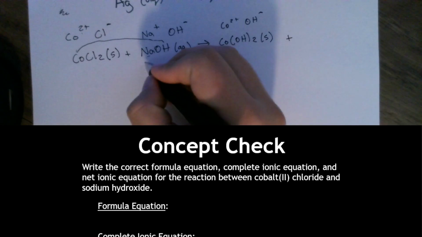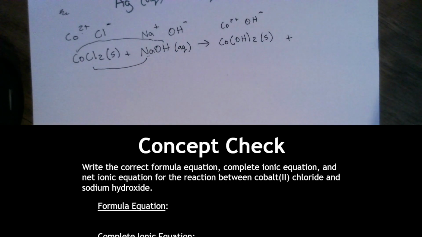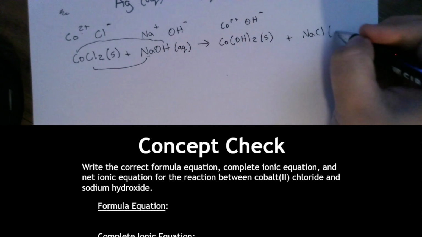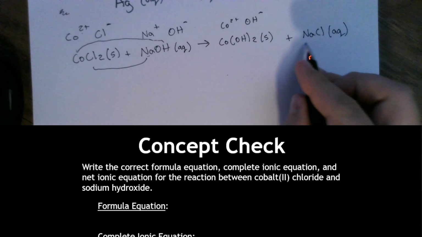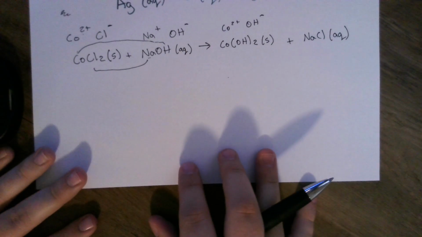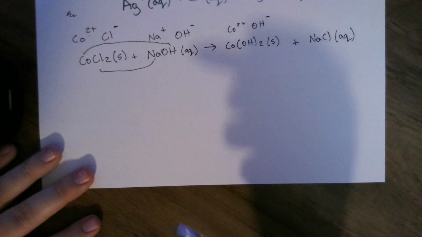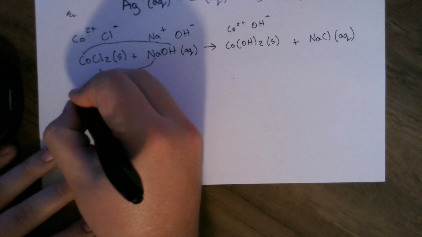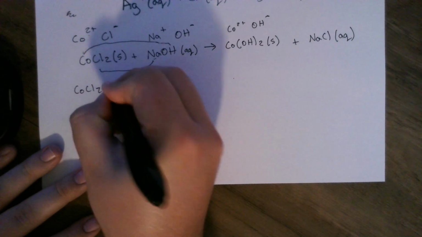Plus, combine my other things, Na and Cl. Well, that just makes NaCl. That is aqueous because it contains sodium. All right, that's my formula equation. But I need to write my other 2 as well. I need to write my complete ionic and my net ionic. So all my solids will stay together, but all my aqueous things split apart. So I make CoCl2, solid,